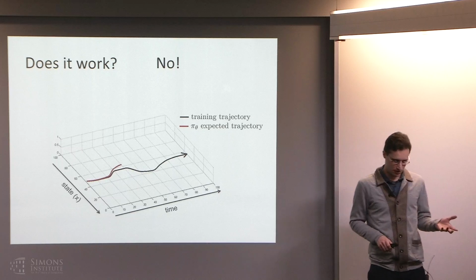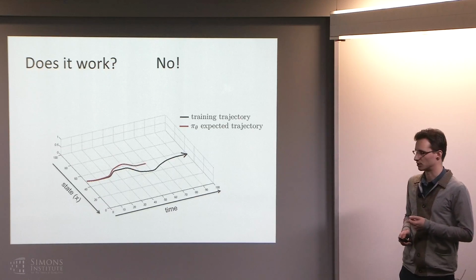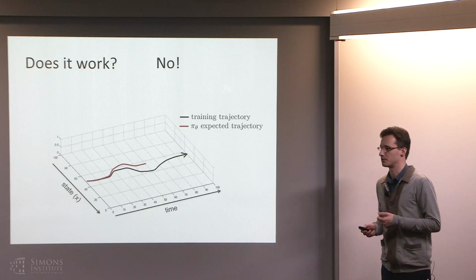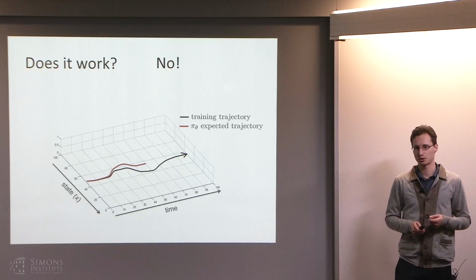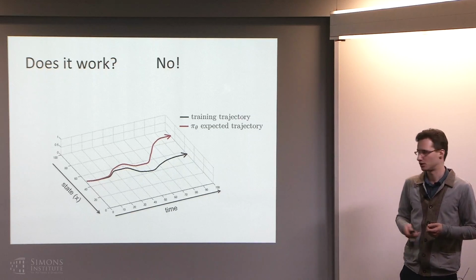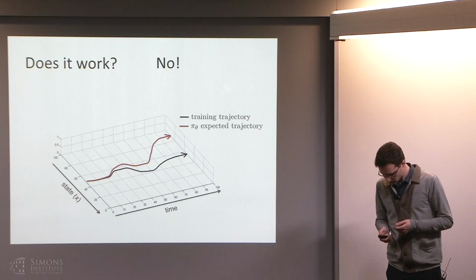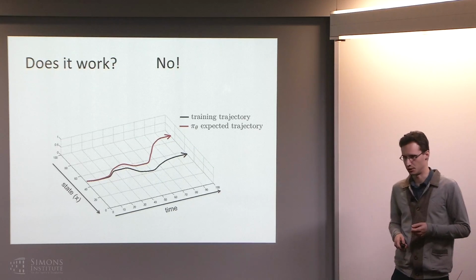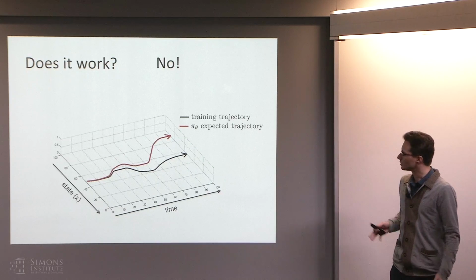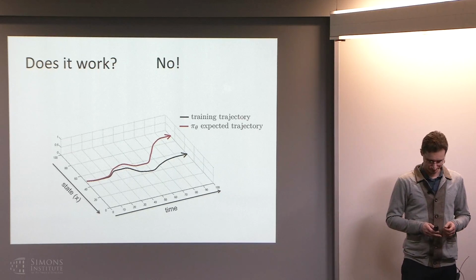And when it finds itself in those states that are different from any of the states it saw in the training trajectory, it'll probably make a slightly bigger mistake. And then it'll find itself in a state that's even more off from the training trajectory, and it'll make an even bigger mistake, and so on. And these mistakes in general might accumulate quadratically in the time horizon. I'll give you a citation later that talks about this. So the theory says that there's not really any reason to believe that this will work.